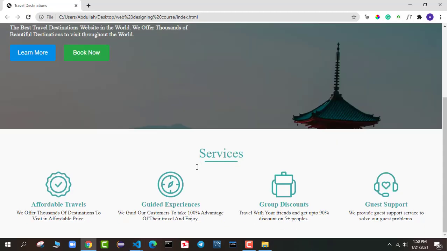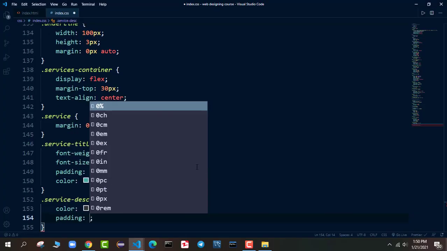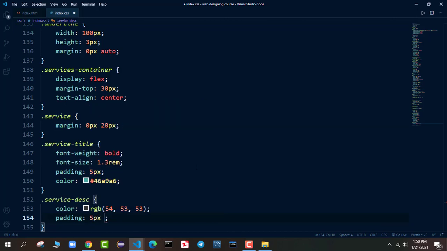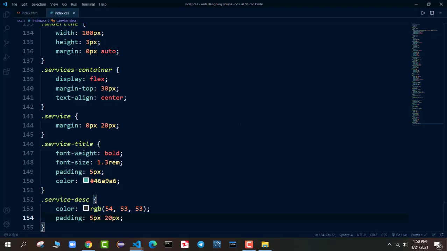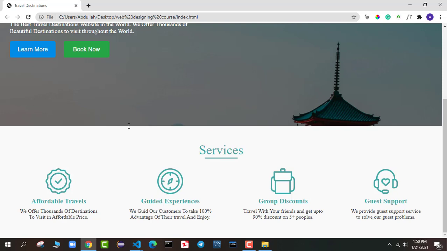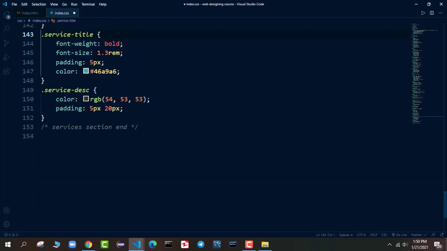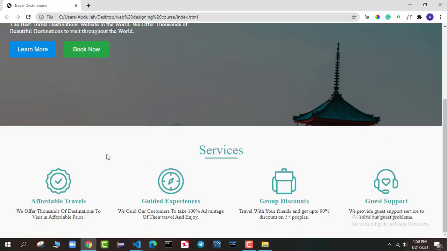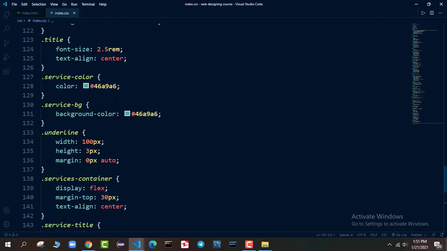So this is a bit dark color that I want, and I want to apply the padding from top 5 pixel and from left right 20 pixel. But if I go now here in the service, if I comment out this one, now you can see this is what we got. Okay, if you want to remove them, you can also remove this line out there because we have applied a padding there. That's great. Now you can see we are all done with our service,